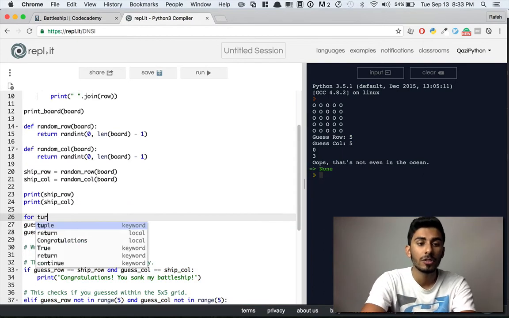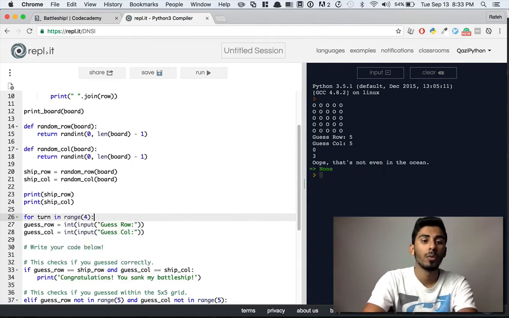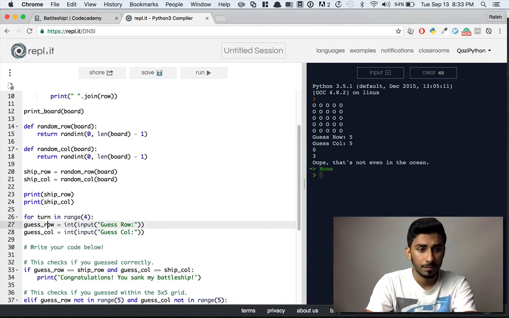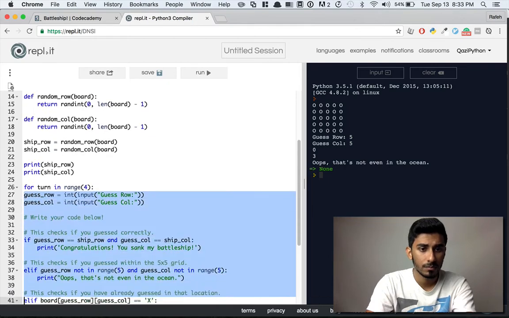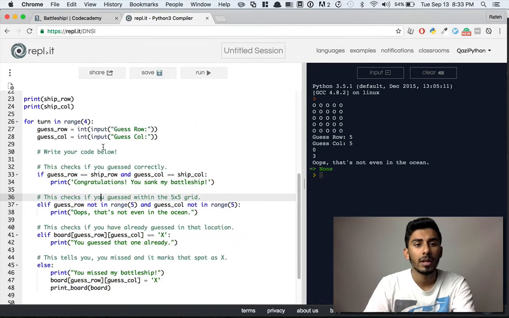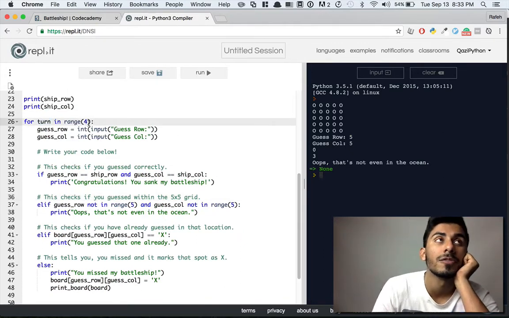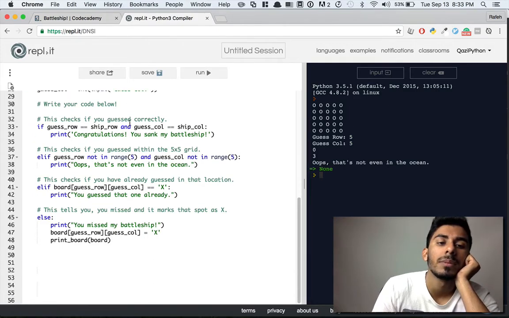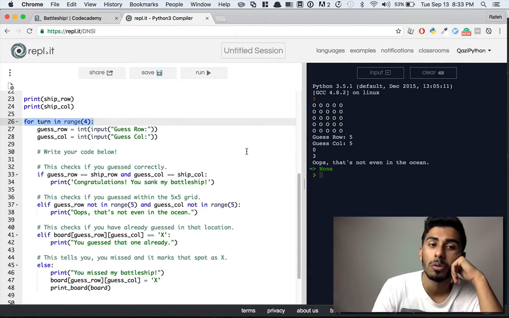So what I'll say is for turn in range 4, okay, this means... and instead of saying for turn in range 4, I don't like that. I think a while loop is... let me think about this. Both of them will work, but I don't want it to